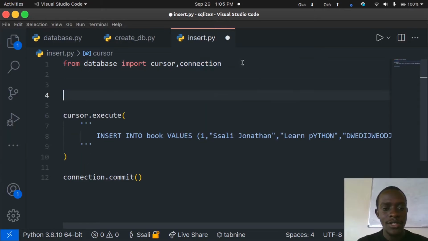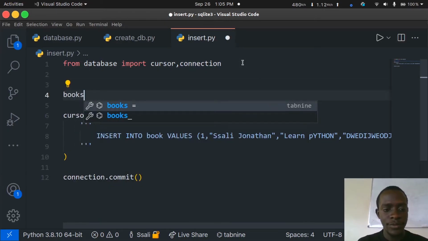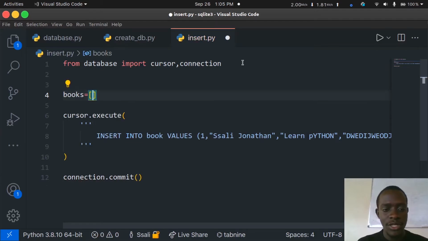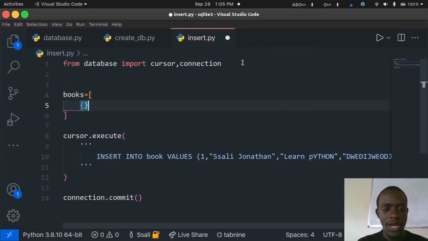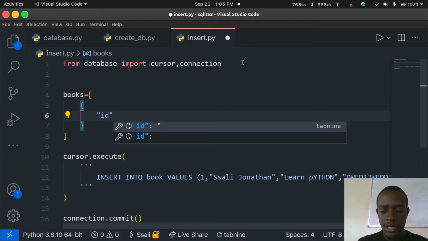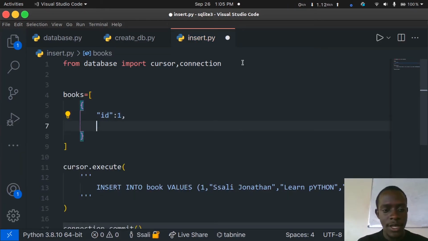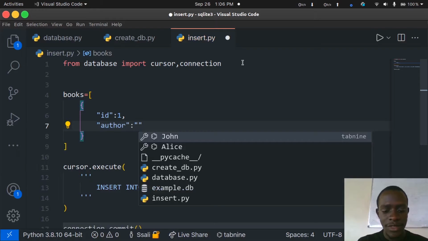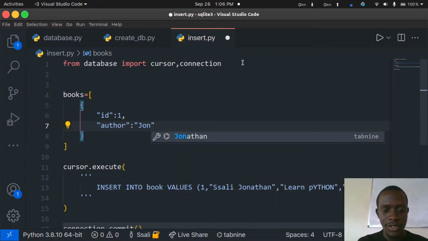So what I'll do here is create a list of books. So I'm going to say books. This is going to be a list of books. Now each book is going to be a dictionary, and this book is going to have, let's say, an ID. So I'm going to give an ID of 1, and let's say we're going to bring an author. So let's say that the author is going to be John